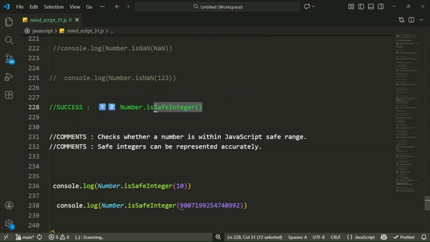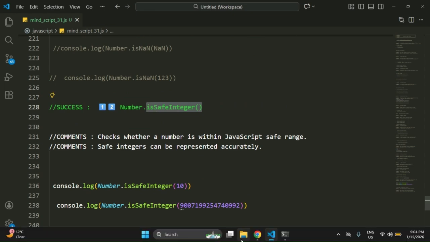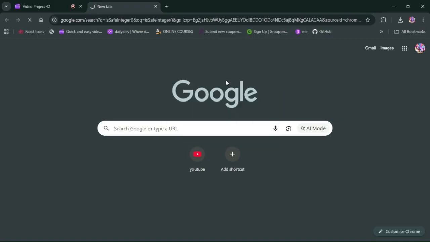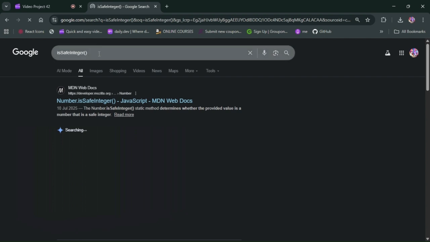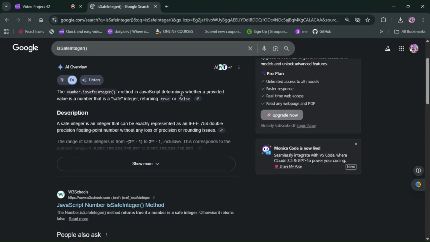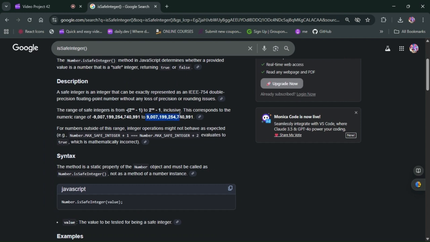Even you can check on Google. Copy this: isSafeInteger. Here you see, the Number.isSafeInteger method in JavaScript determines whether the provided value is a number that is a safe integer. So this is the maximum safe integer value in JavaScript, and this is the minimum safe integer value in JavaScript. Between these two values JavaScript is fine. But if you write a number greater than this, suppose this is the maximum number, let me copy this,